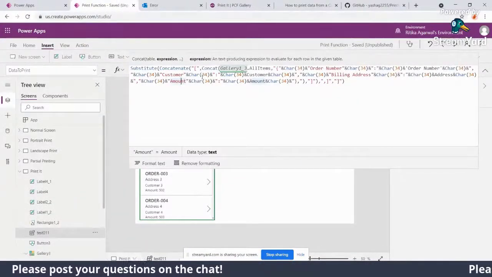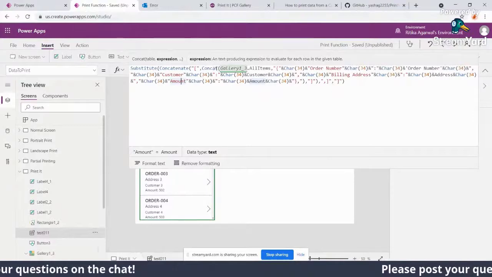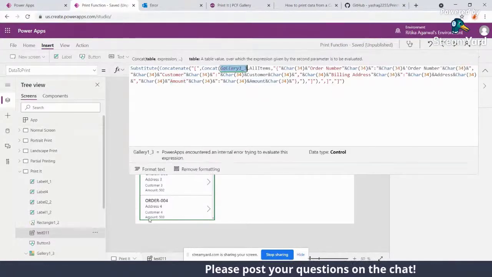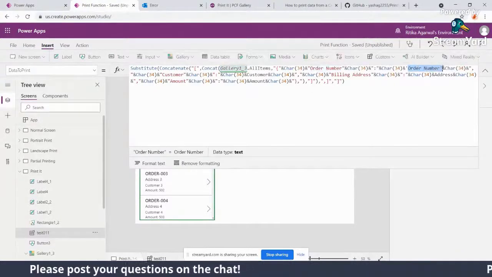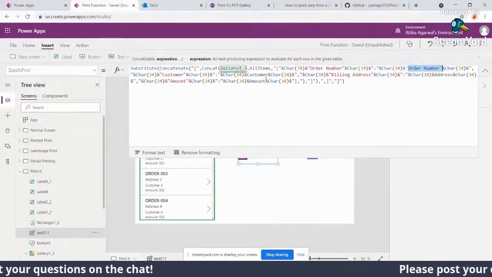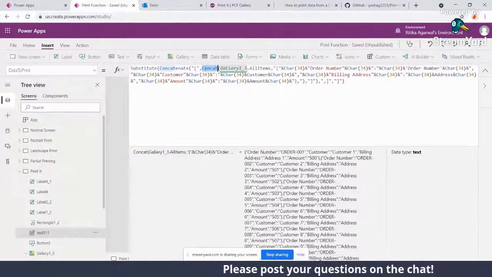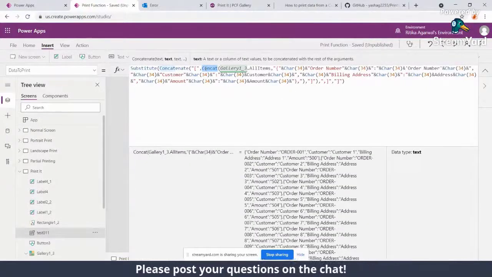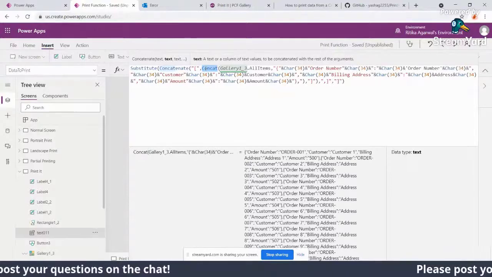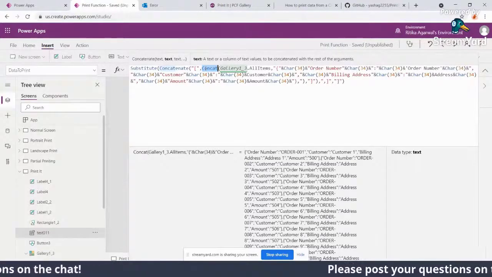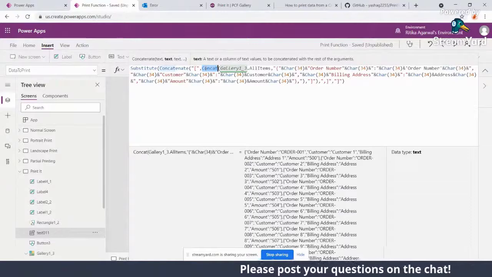So we are trying to convert it as a JSON here, and then in the concat, I am referencing this gallery, with the field name and then its value, like with the help of a for each, not a for each loop. In this case, we are using the concat function. So it basically concatenates all the data, if we have a list, or maybe an array or collection, then it can parse over it and combine multiple columns at the same time.